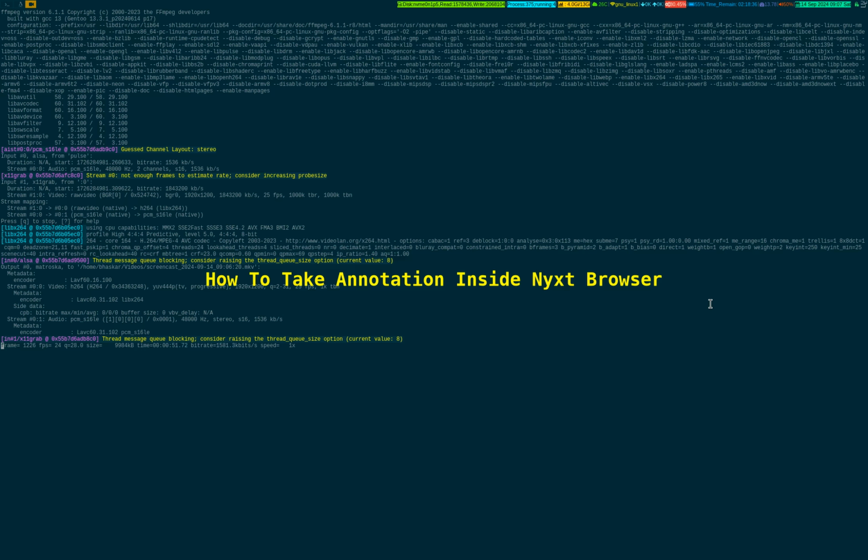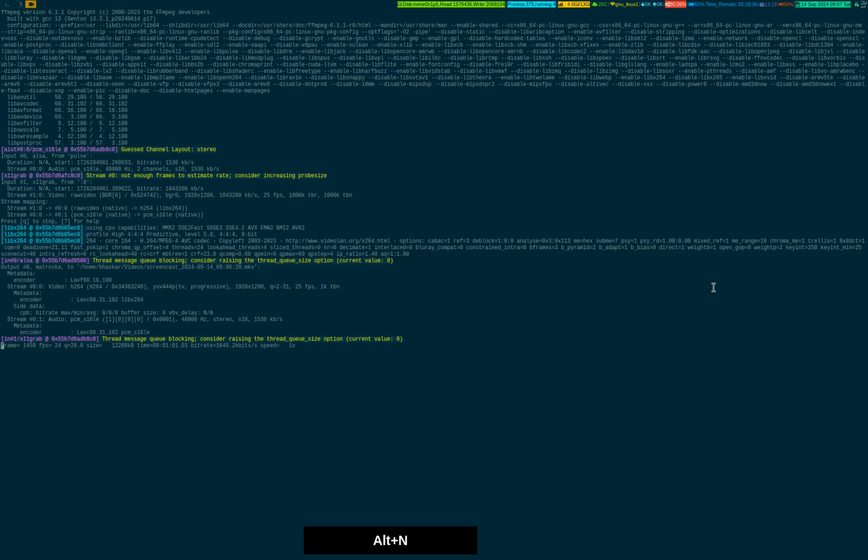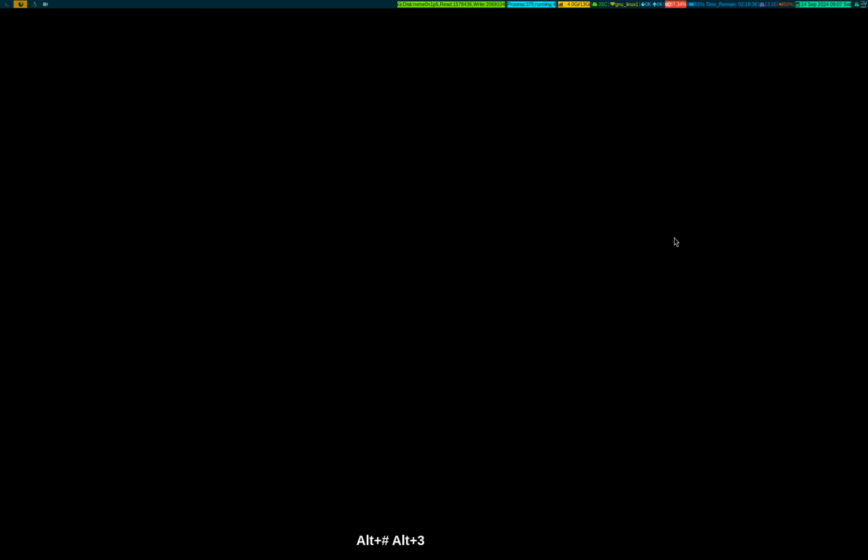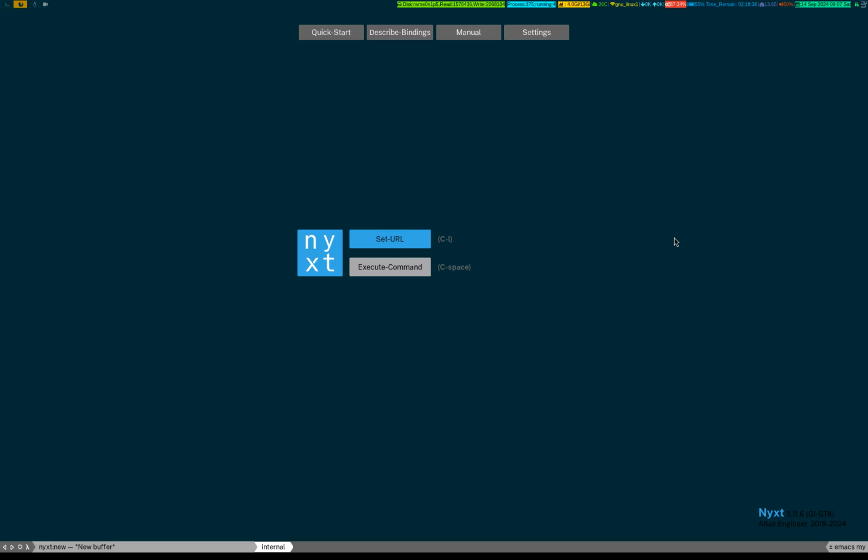I have a key bind which will invoke this particular browser, like mod shift and N, and I move it to a designated workspace. So this is a Nyxt browser. My hardware is lagging, I don't know why. So this is a Nyxt browser, and I'll show you how you could easily take an annotation